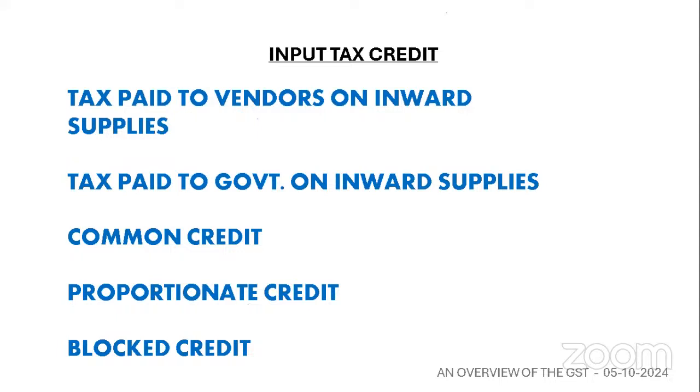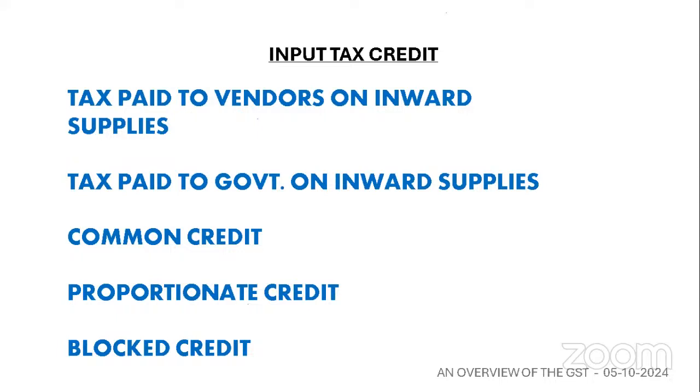Say, for example, you have a showroom for which you are paying a rent of 1 lakh rupees, on which the landlord charges you 18,000 rupees tax, which becomes ITC for you. Now, this particular building you are using for selling the taxable supplies as well as exempt supplies. The ITC you get is common for both the taxable supplies and non-taxable supplies. Now, the government says the common credit which is attributable to taxable sale only should be claimed by the